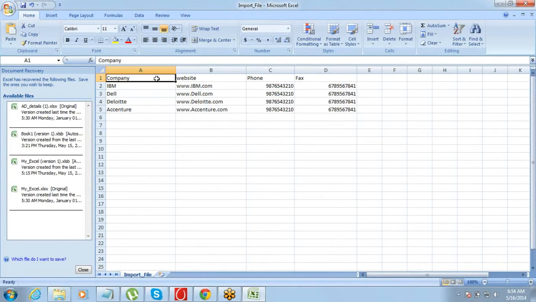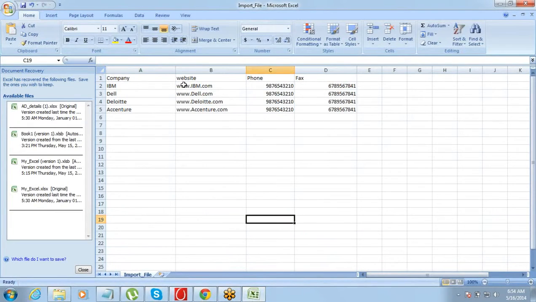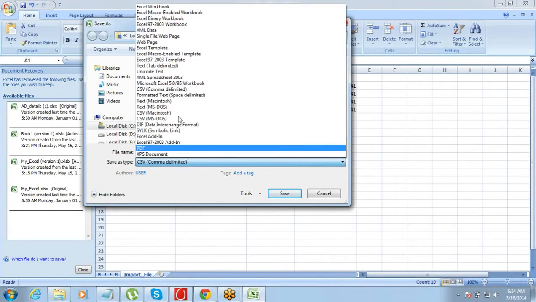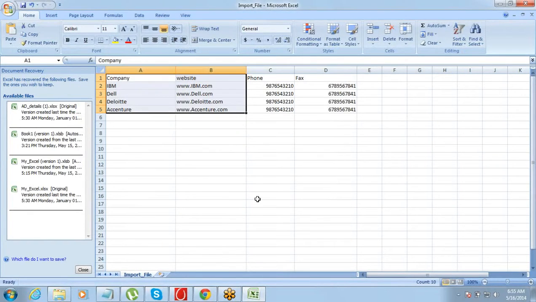Now we want to do a bulk upload. One option that we have is to go to account and make one entry manually, then make the second entry. But this time we want to do an import. So the first thing you'll have to do when you have the data in this kind of Excel spreadsheet is to save it into a .csv format. Once you have saved the file into a .csv format,